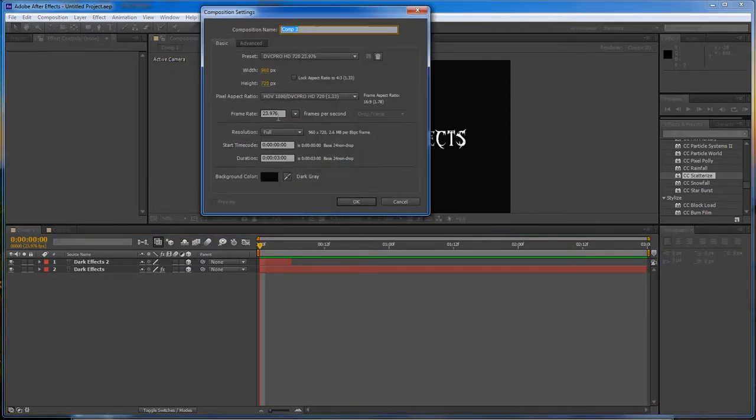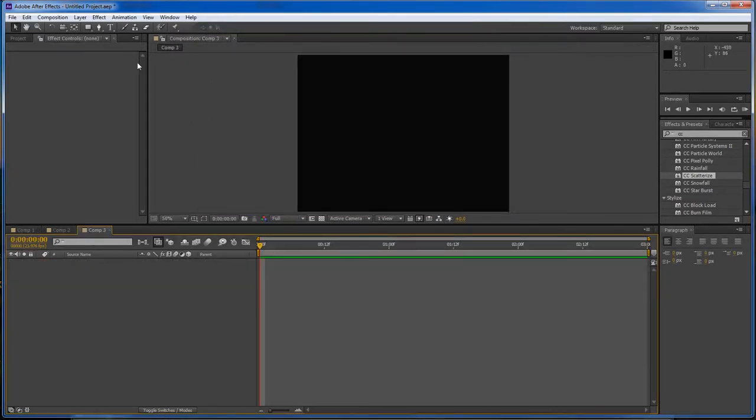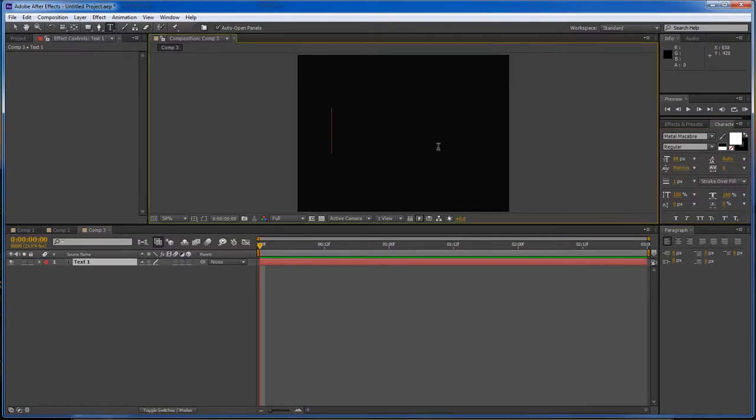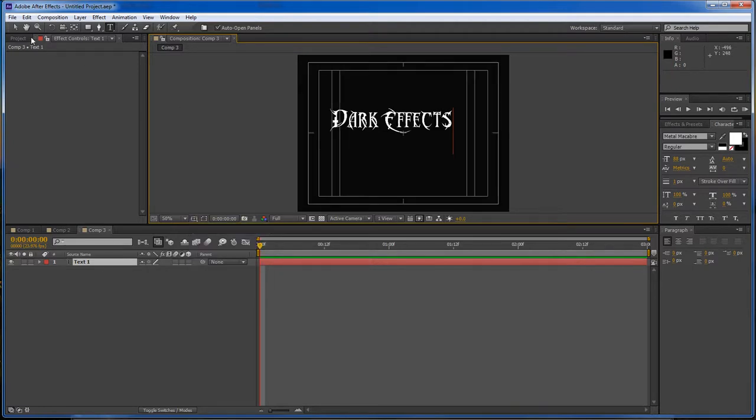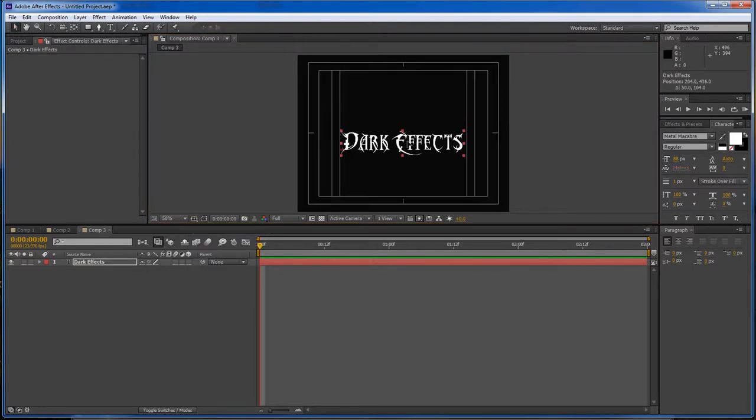Create a new composition. We're going to do this at 23 frames per second, 960 width with a 720 height at 3 seconds. And you can have it black, dark gray, whatever color that you want. That part doesn't really matter. First thing we want to do is let's add some text. So we're going to do Dark Effects. Go down to our title safe, and then let's move our